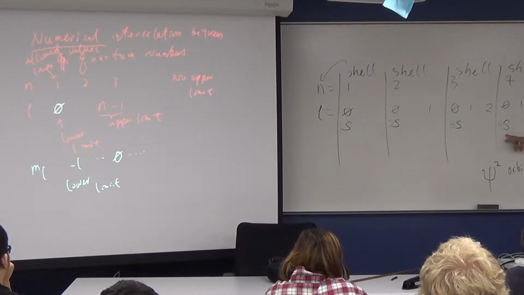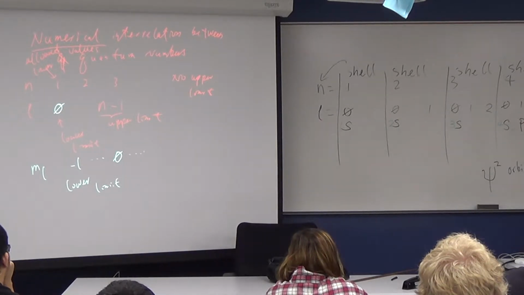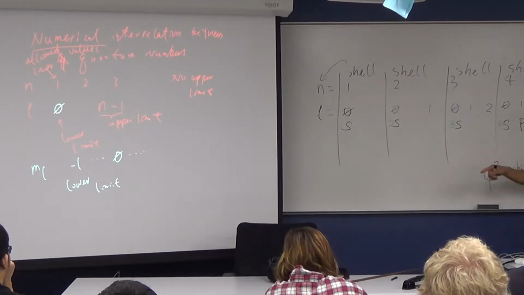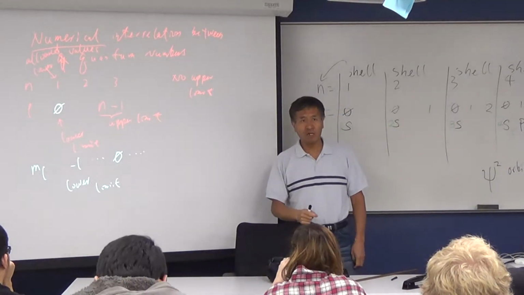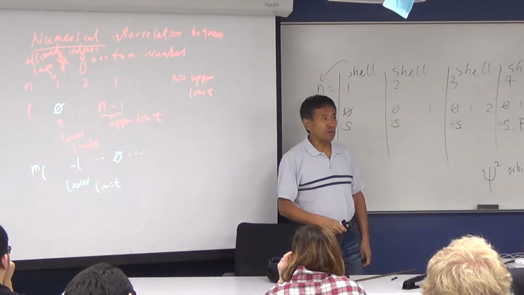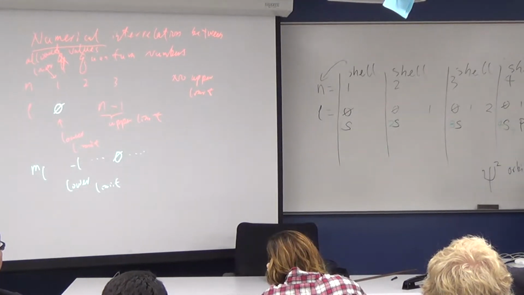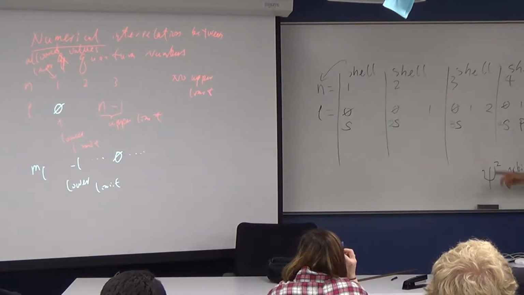Well, you can also think about those L by themselves telling you the type, whether you have S type, P type. So this will be the P type, and this will be the D type, and then the last one, the F type. So the L by itself can only tell you the type. Do you have the S type? Do you have the P type, the D type, or the F type? Okay? And if you want to be more precise, you get the S type, and you can precisely tell me which S. You can say 4S, 3S, and 2S, 1S.